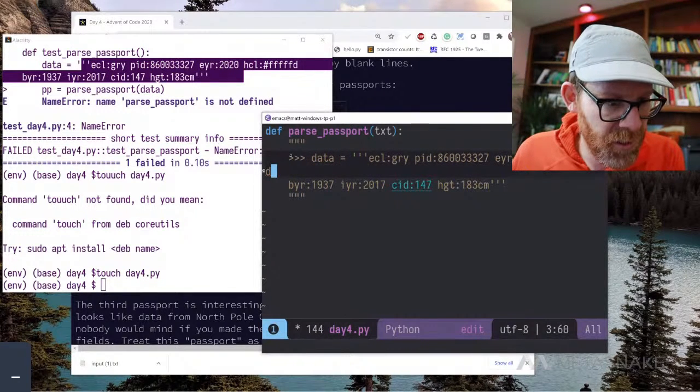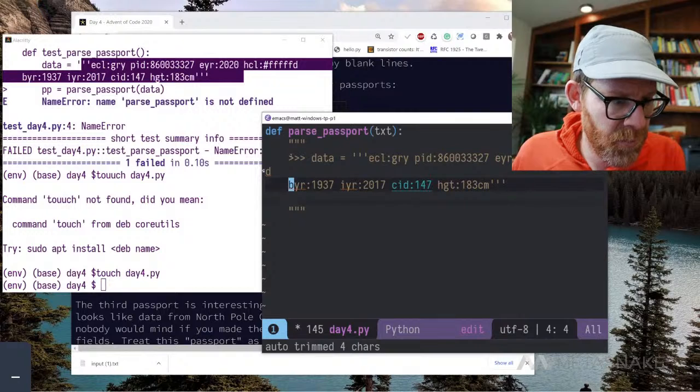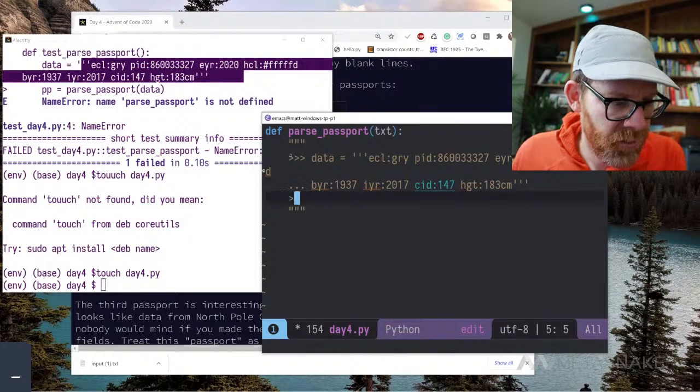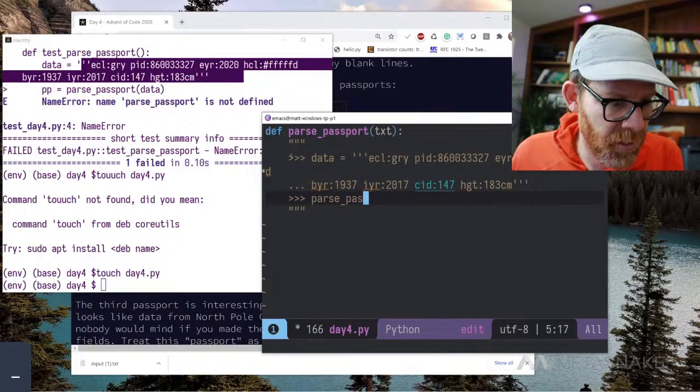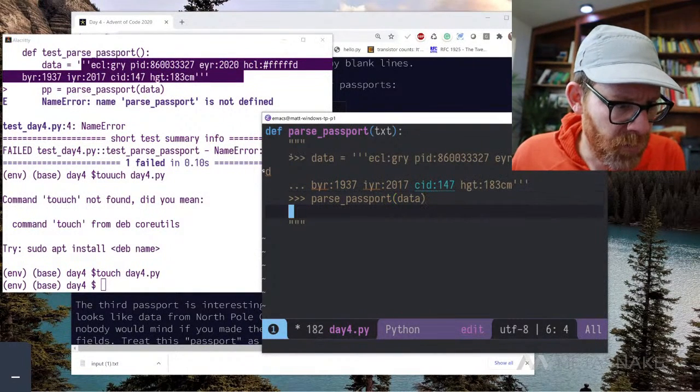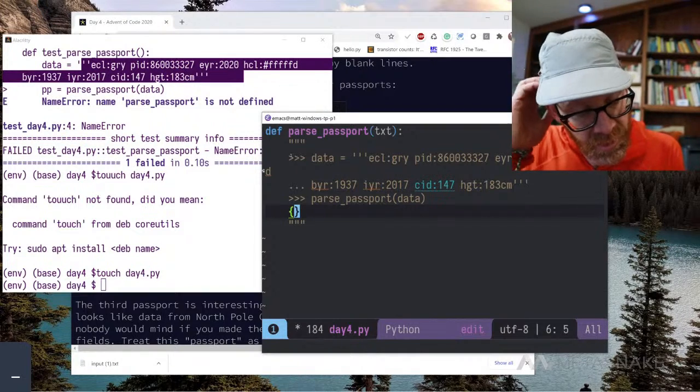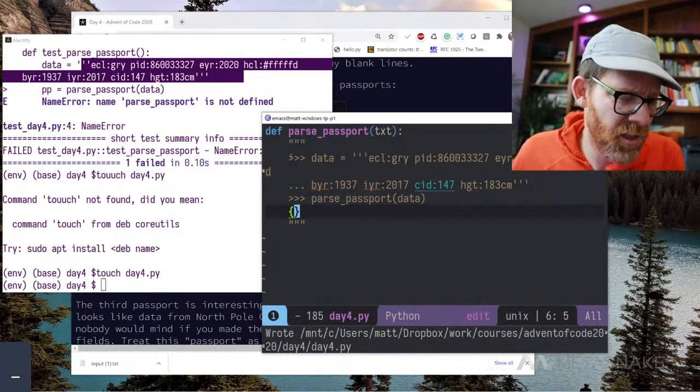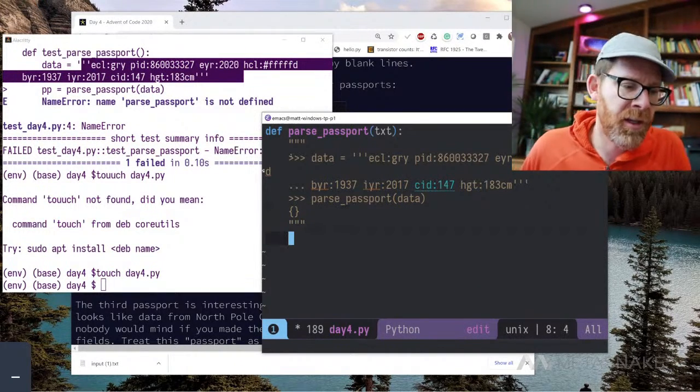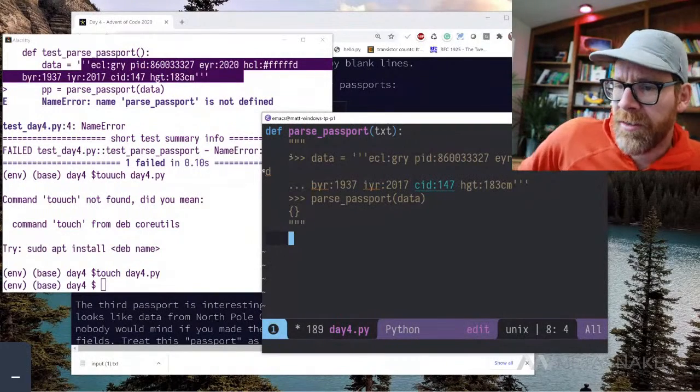So if this is our data, and we were to say parse passport here, we would get a dictionary here. And I'm not going to write this out here. I'll actually leave that as is, and I'll run a test and I'll fill it in